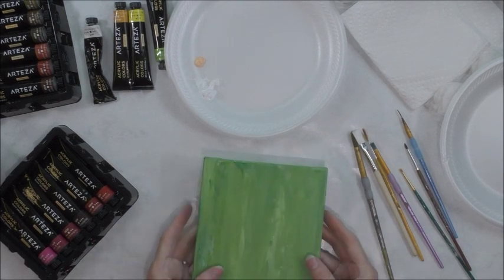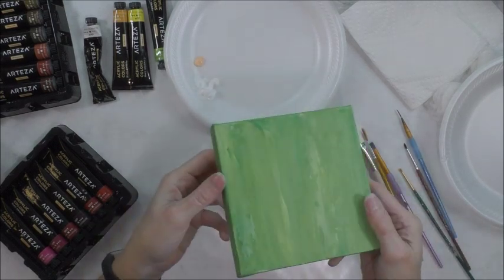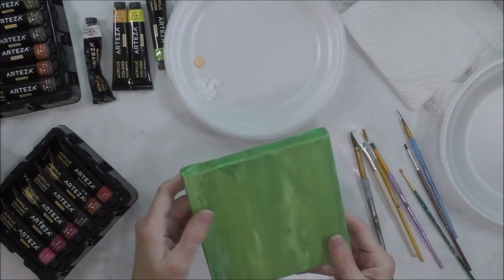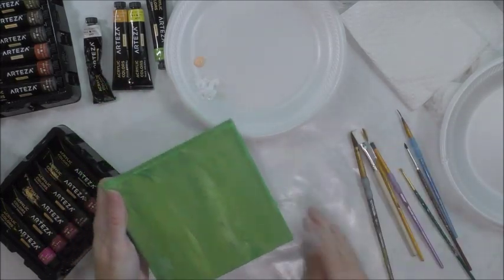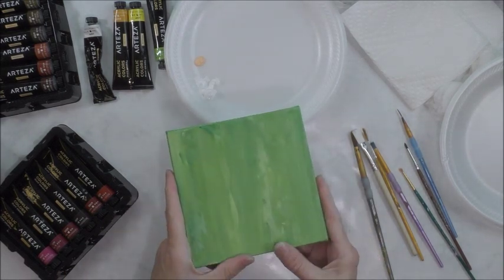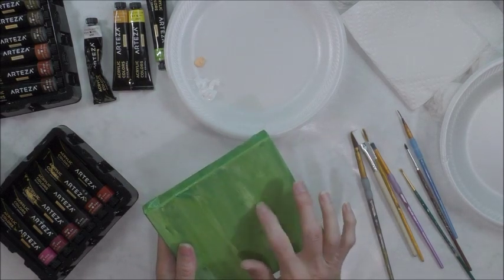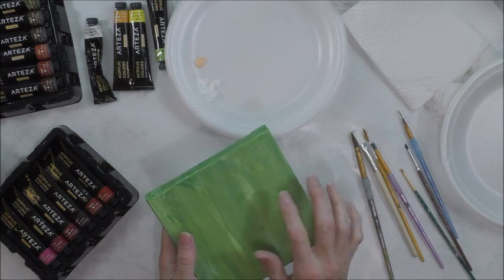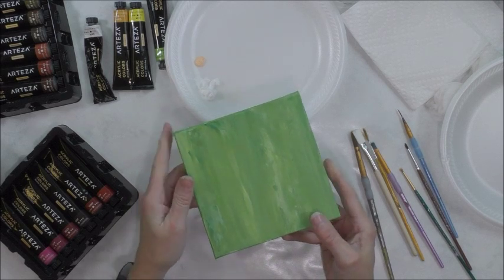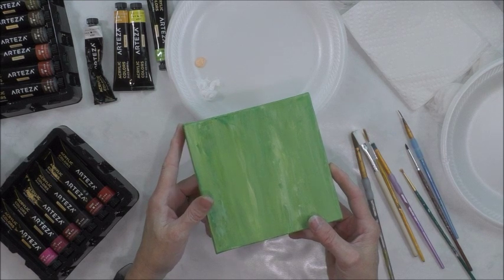The challenge is to paint on a 6-inch piece, and so I have a 6-inch canvas that I basically rubbed some leftover paint that was on my table onto. I put this on last night as a base coat, and now I'm going to just do a soft floral. I may or may not write something on the actual painting, but I'm going to do this and seal it and then put it in a little box and abandon it in a public place for someone to find